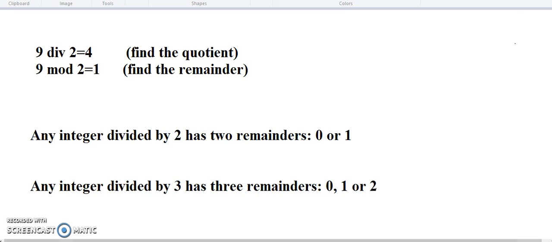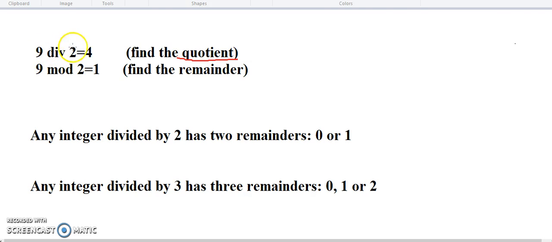First, we introduce two mathematical functions. One is called div, the other is modular. And div here, of course, represents divided by. But when we do 9 divided by 2, and when we have this function divided by, we only look for the quotient. So 9 divided by 2 has a quotient 4,